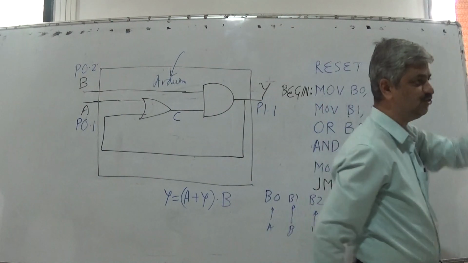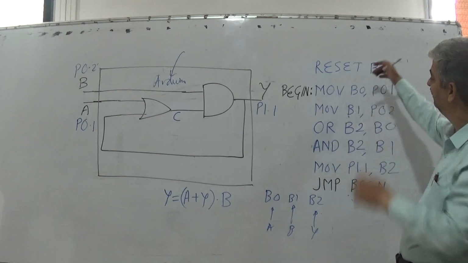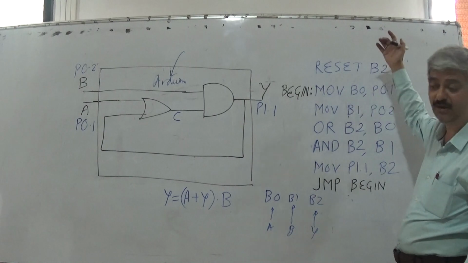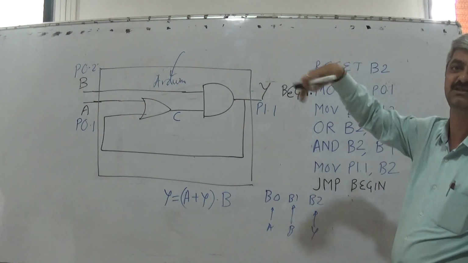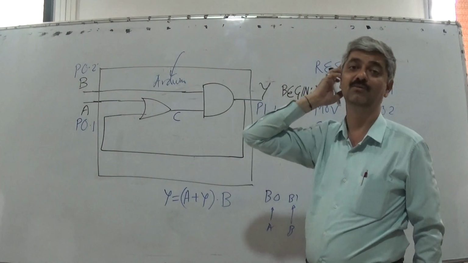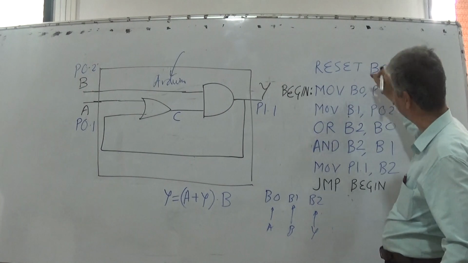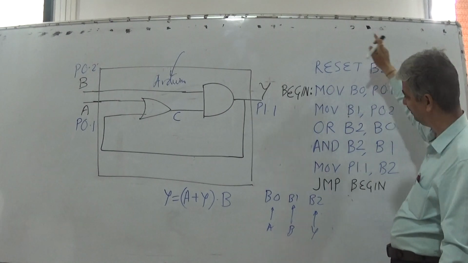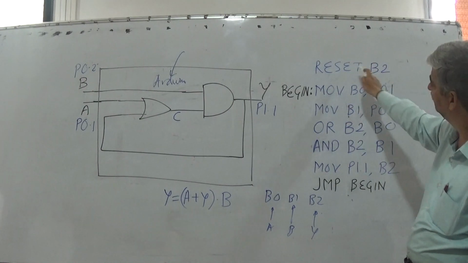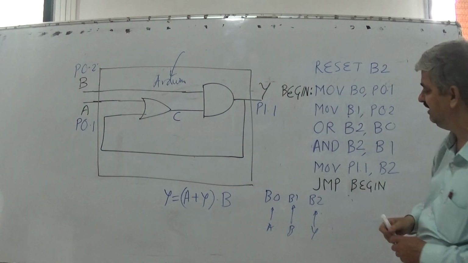Means before operation of the button, the system can be on or the system can be off. If you don't use it, what the system would be depends upon the internal logic of the microcontroller while manufacturing, what is the status of the internal bits. If you want it to be specific, it is made 0. So with this, it is only once, and this is a continuously looping program.